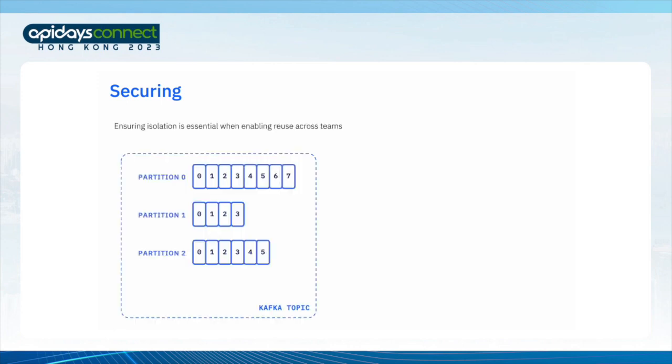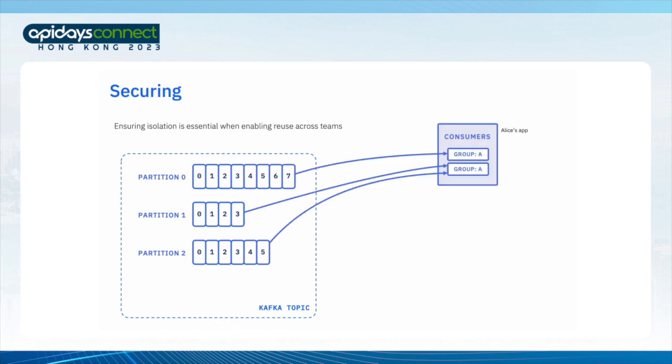Imagine a Kafka topic. It's been split across a few partitions to enable the kind of high-performance parallel processing that Kafka is famous for. Now imagine I've got a developer called Alice. Alice wants to run an application to process the events on this topic. To keep up with that stream of events, maybe she runs 2 instances of her application. And to let Kafka know that these instances are both part of the same logical application, she gives them both the same group ID. Kafka will automatically distribute the topic partitions accordingly. Roughly 1/3 of the events on the topic will go to the first app instance, the remaining 2/3 will be received by the second app instance.